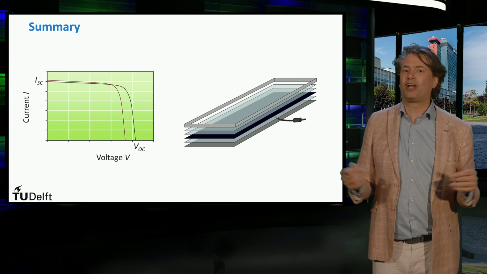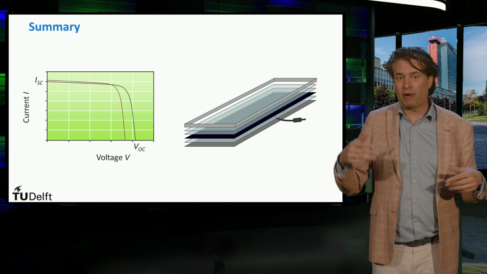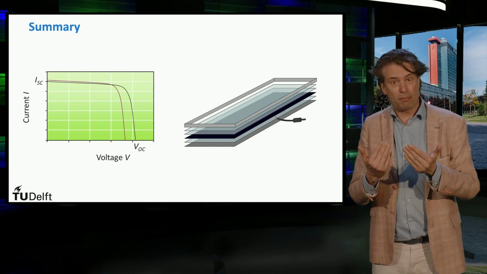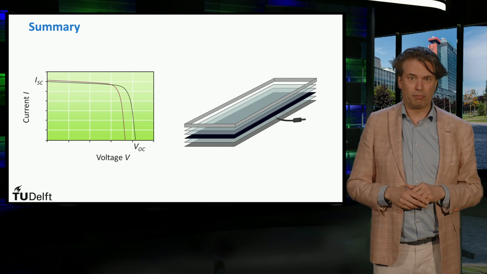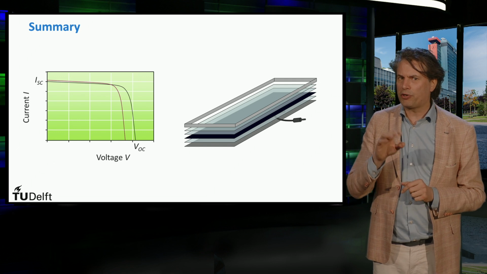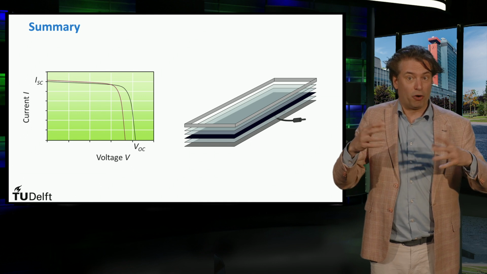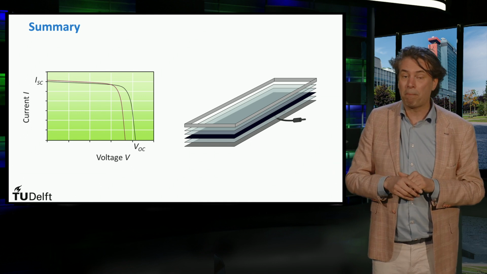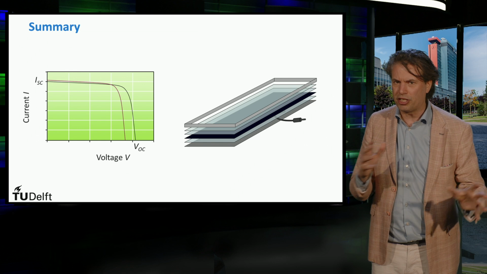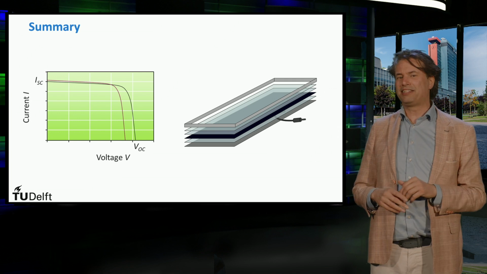Furthermore, we have discussed the different layers used to assemble a crystalline silicon module. The first layer is a front cover followed by two layers of encapsulant that sandwich the solar cells, and the rear layer and a frame, ultimately providing mechanical stability to the PV module. In the last three videos, I have discussed some important aspects of PV modules. In a PV system, we would like to have a PV module operating at its maximum power point. So in the next video, we will discuss the component that controls this maximum power point, the maximum power point tracking. So see you in the next video.